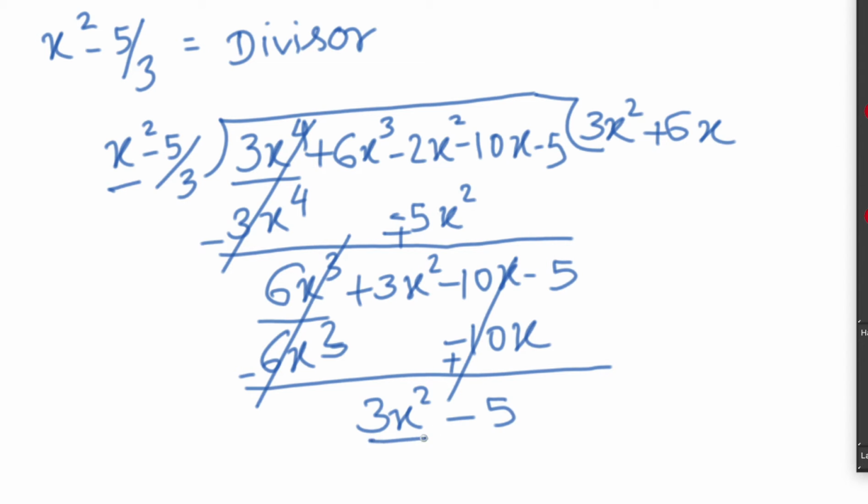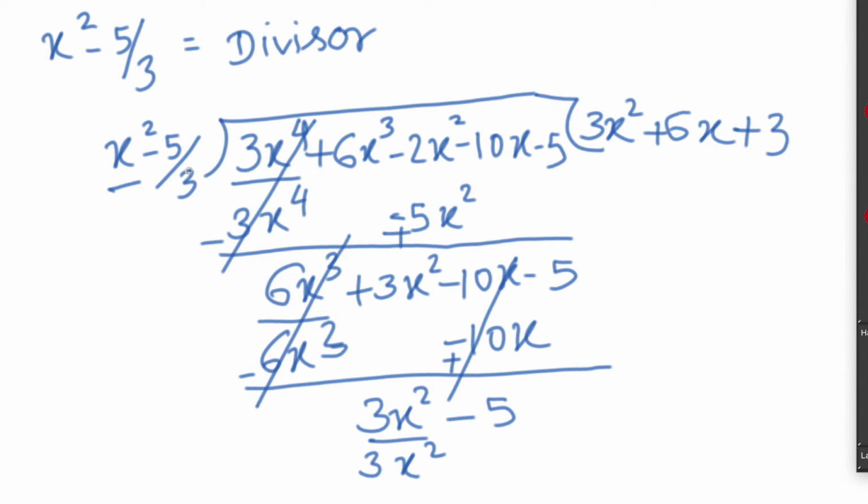Then again see the first term, and this is x square. So x square into 3 will become 3x square. It is so easy, we have to multiply with 3. So this will become 3x square. Also 3 into, we have to multiply 3 into the other. How many terms are there in the divisor part? We have to multiply the whole divisor with the quotient. So 3 into 5 by 3. So here are 2 terms, so we have to multiply with both.